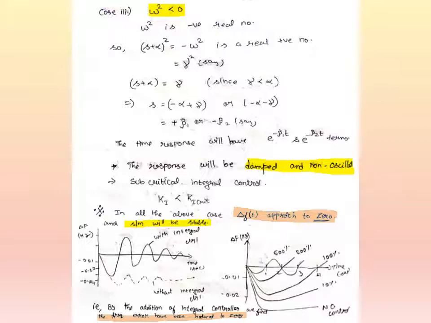When we see the final result, without the controller, your value will be coming like this and you will be having some frequency error. But when we are using the integral controller, your system will oscillate and at last it comes to 0, with your frequency error reduced to 0. When we use the integral controller, the frequency error will be reduced to 0. So this dark line shows the frequency error is reduced to 0.